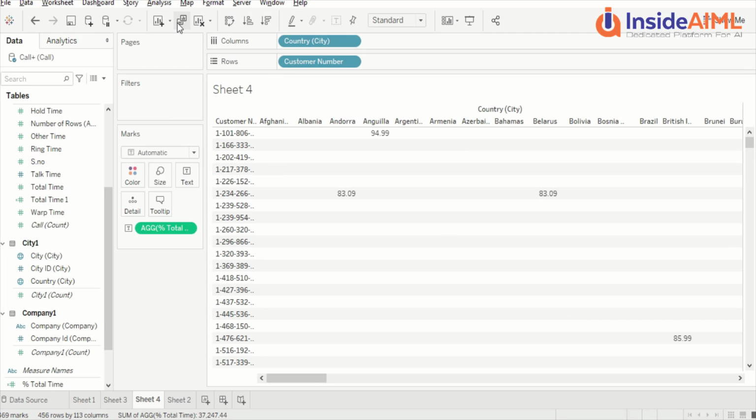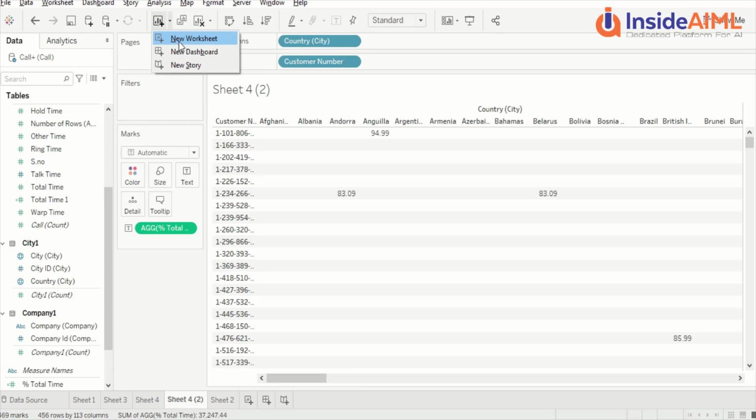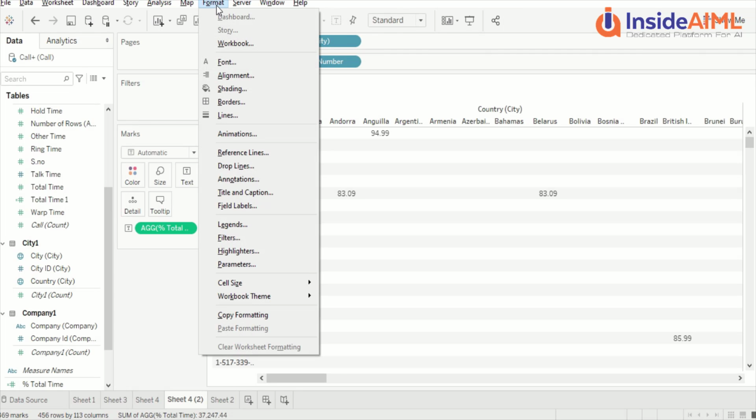Now this is the clean option we have already seen. Now this is duplicate. So let's say I want to duplicate this. I created it, and now there is a 4.1 page and a 4.2 page which have been created. So just duplicate it, I don't have to do much effort. Now these are options which are readily given. Now new worksheet, new dashboard, new story, we'll create those in the future. We're just exploring the options which are available here.